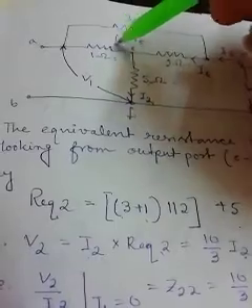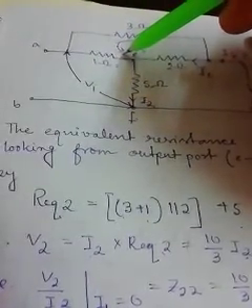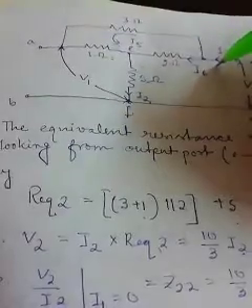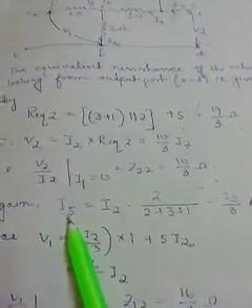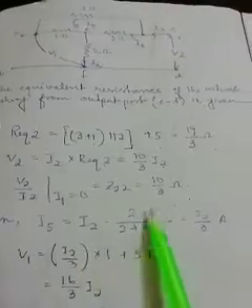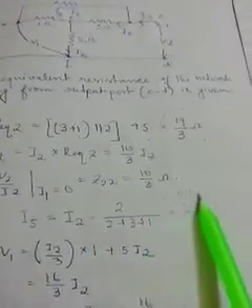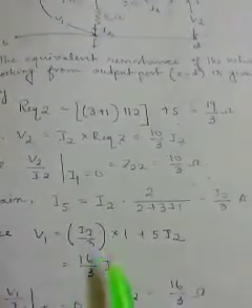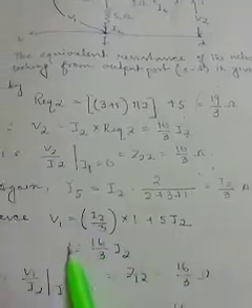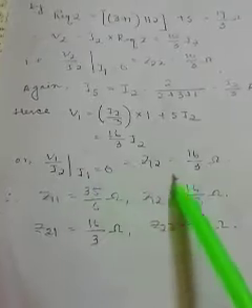So what about this I5? We can calculate I5 as total current I2 into the opposite resistance 2, over 2 plus 3 plus 1. Let us see whether it is true or not. Yes, I5 equals total current I2 into 2 by 2 plus 3 plus 1, so I2 by 3 is the value for I5. Now we form the equation of V1: I5 into 1 plus 5 into I2, which finally gives us 16 by 3 into I2, and this will be the value for Z12.